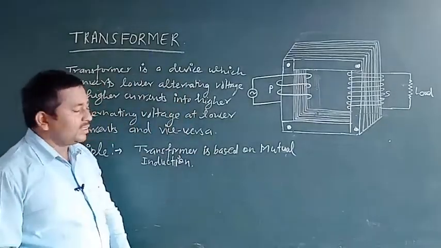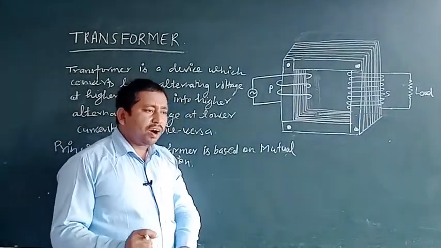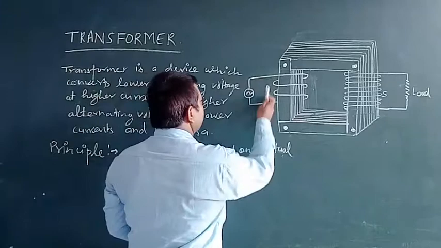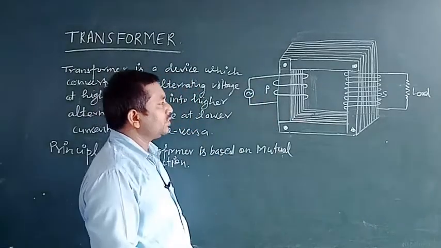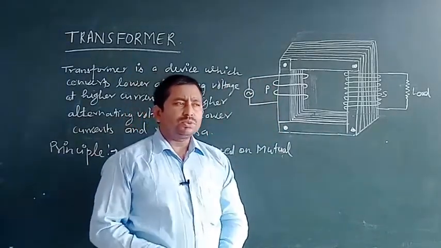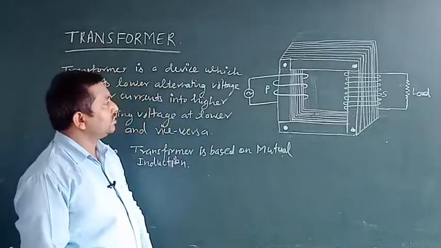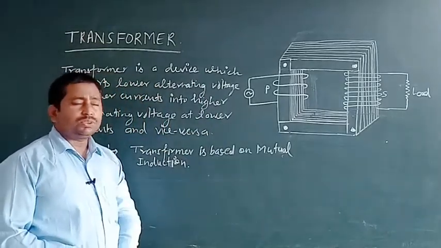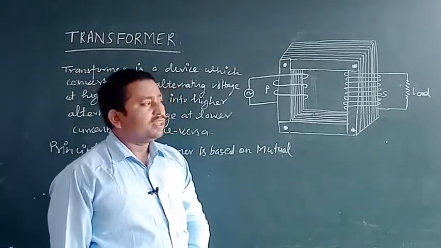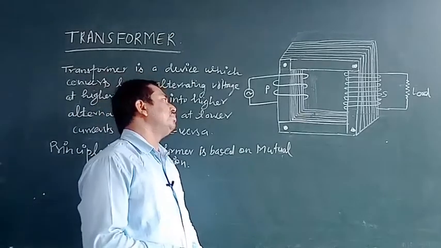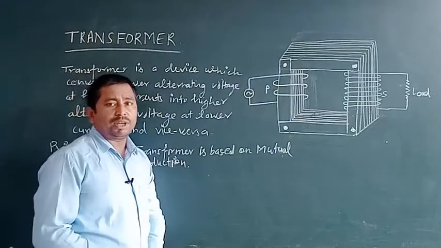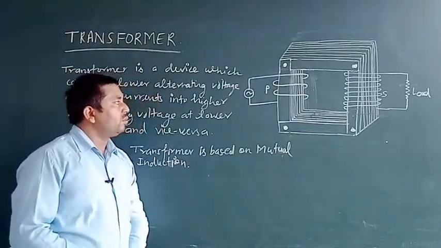Okay, and this type of change will occur such that total power inputted across the primary terminals of the coil is just equal to the total power obtained at the terminals of the secondary coil. So such type of transformer is known as ideal transformer, whose input power is exactly equal to the output power. It means the output power obtained across the terminal of the secondary coil of the transformer is just exactly equal to the inputted power across the terminal of the input coil.